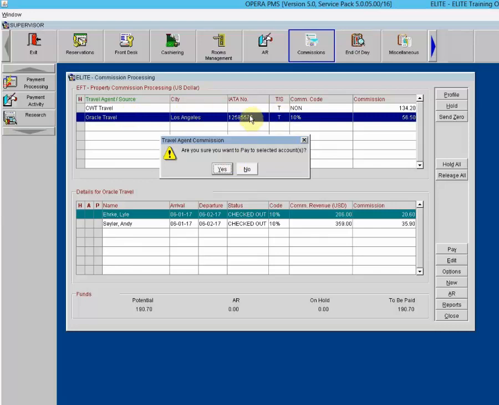So, when we do an EFT commission processing, it creates a text file, and this text file gets sent to a third-party vendor that goes and pays your travel agent commissions for you. And for them to be able to send out a check or a wire, they would have to have the name, the address, and the IATA number of that travel agent, and it pulls that information from the profile in Opera. So as it said before, if we say yes,